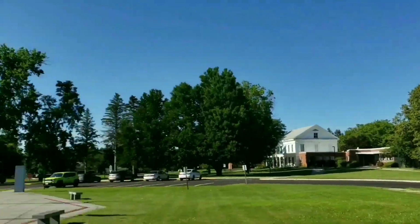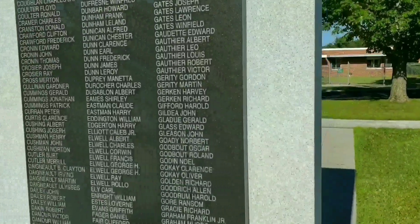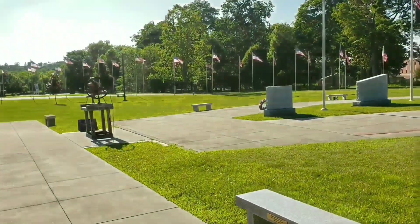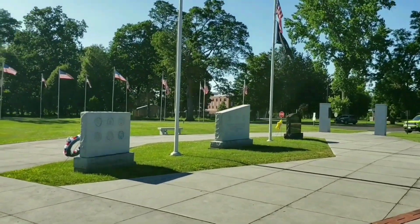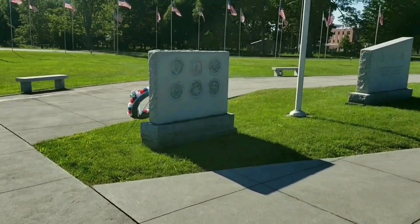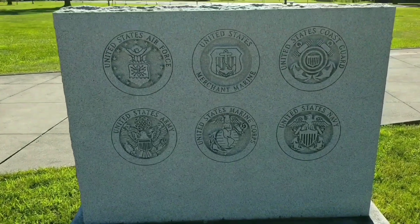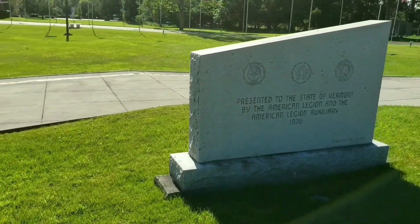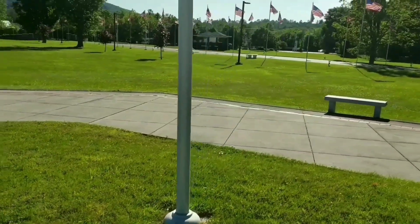Look at how many guys from Vermont served and died from World War II. Holy mackerel. In World War I. Look at that. Crazy. There's some things in life that a person just should appreciate seeing. And when you see the fallen, all of my brothers and sisters who have served in any one of those branches, man, it's just respect, respect, respect. Presented to the state of Vermont by the American Legion and the American Legion Auxiliary in 1976, that